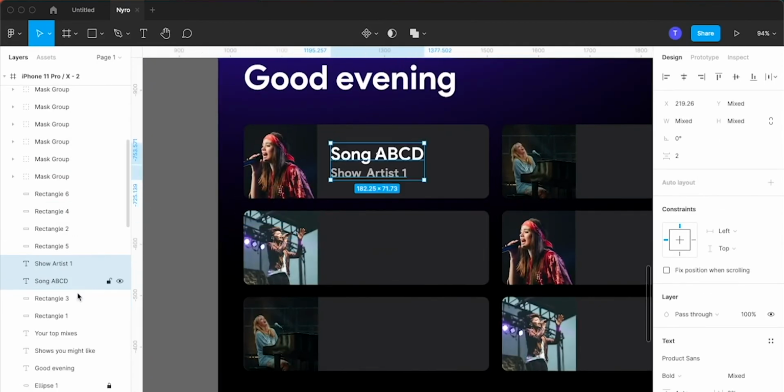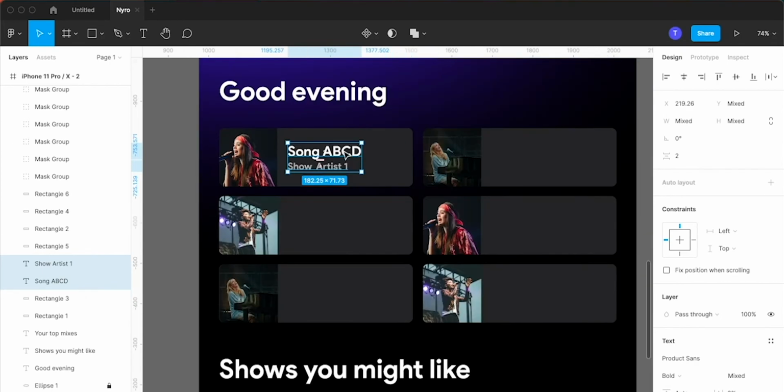Please note that when you press the Command key and the square brackets together on your keyboard, you are basically changing the positioning of the layers. In other words, you are pushing the layer above or below each other. Now I will replicate the same text over the other positions as well.